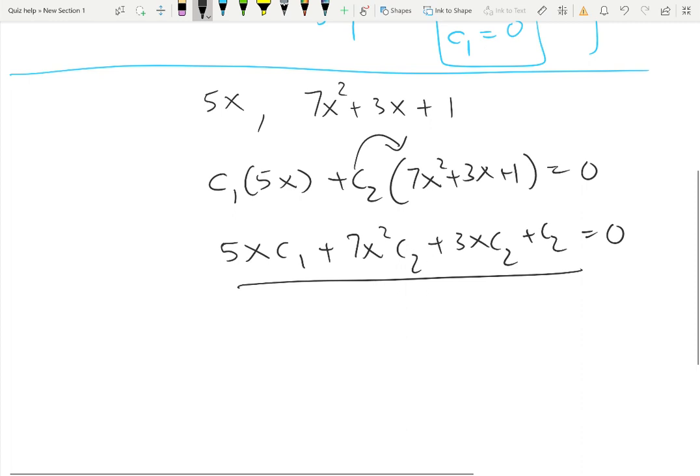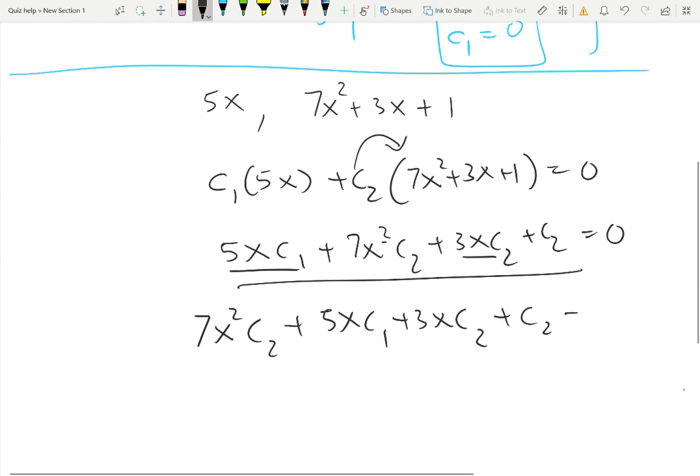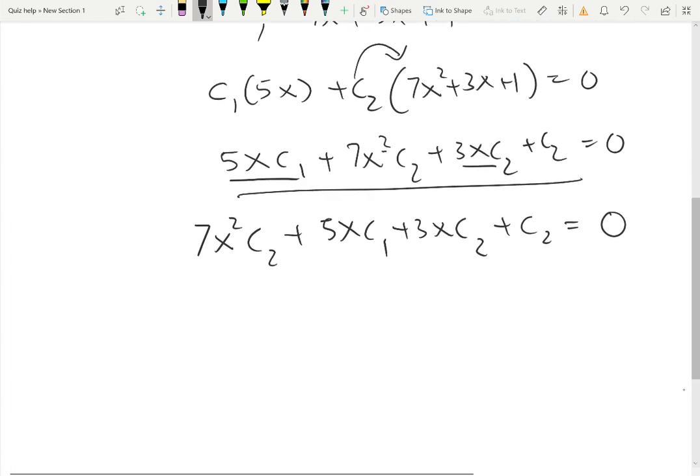Now let's regroup them. It looks like a second degree polynomial because we have highest degree 2. 7x² c2 here. Now here we have 2 x terms, right? So we can write 5x c1, 3x c2. Let's do that slowly, and we have a constant term, just a constant term c2. Now furthermore, what we can do is 7x² c2 plus, here we can take an x out, factor x